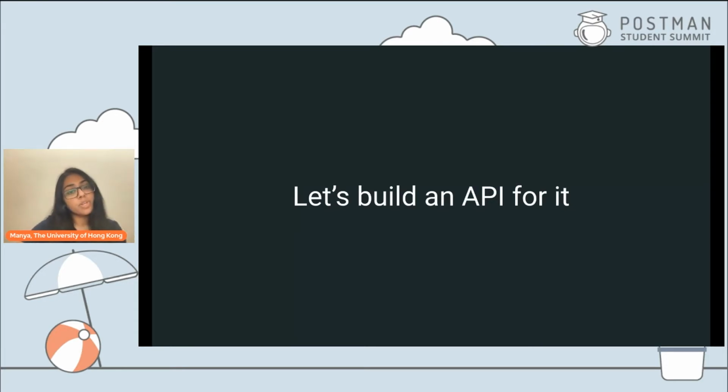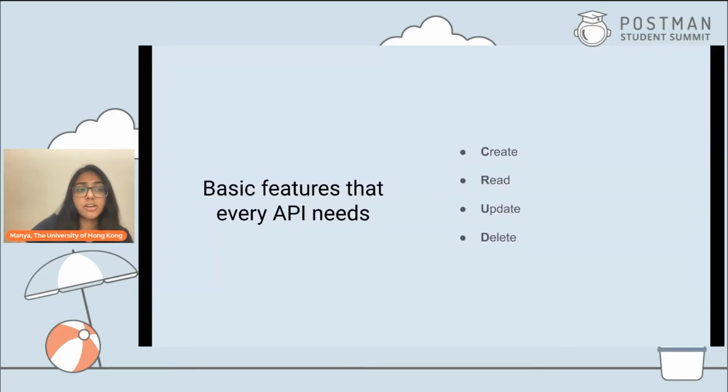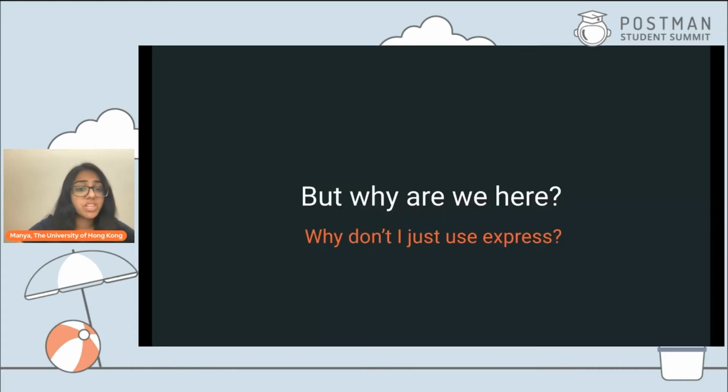Now, by now, it's quite clear the basic features are quite similar in more or less every API. Every API needs to create data, read it, update it, and then further on delete it. There are basically different permutations and combinations of these four operations that keep on happening with our data that help us to further work with it and make sure that they sufficiently supply all the needs of our business, suppose. So you would be asking yourself, we get all of that, how to create an API,